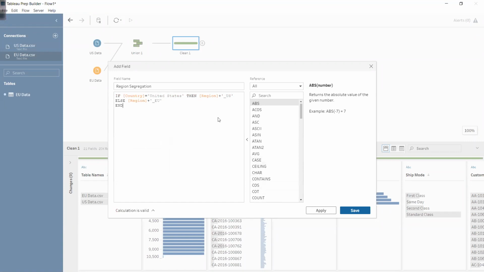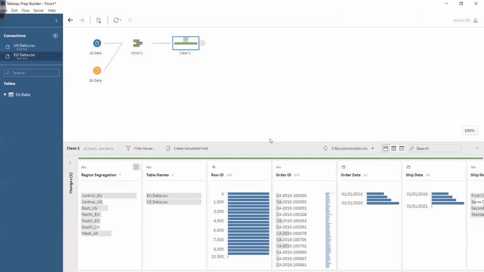Right? Plus is used for concatenation, which we saw. So if country is equal to United States, then region plus US, else region plus EU. That is my logic. Save it.